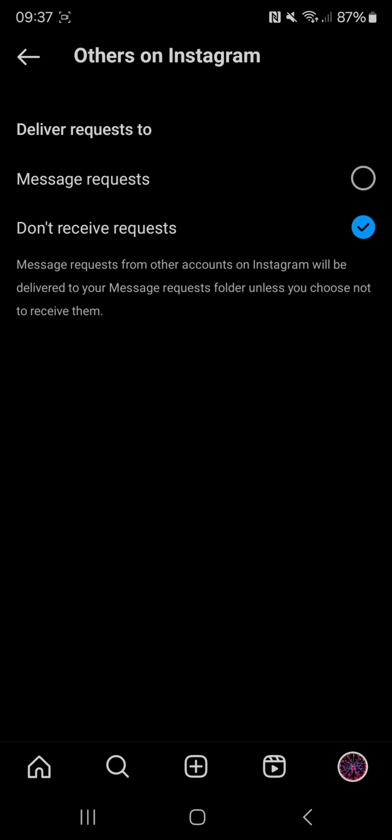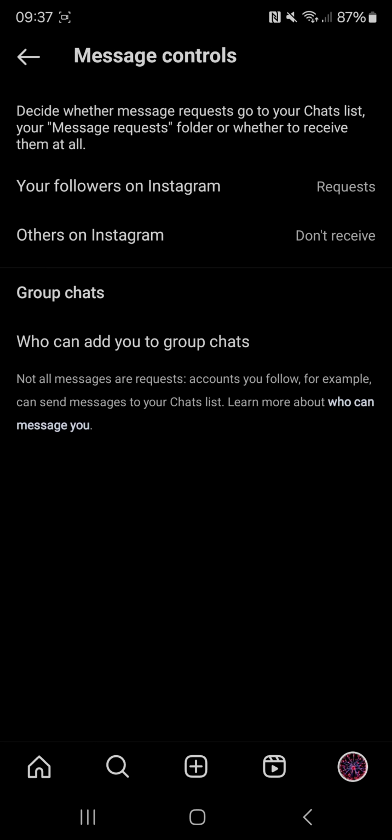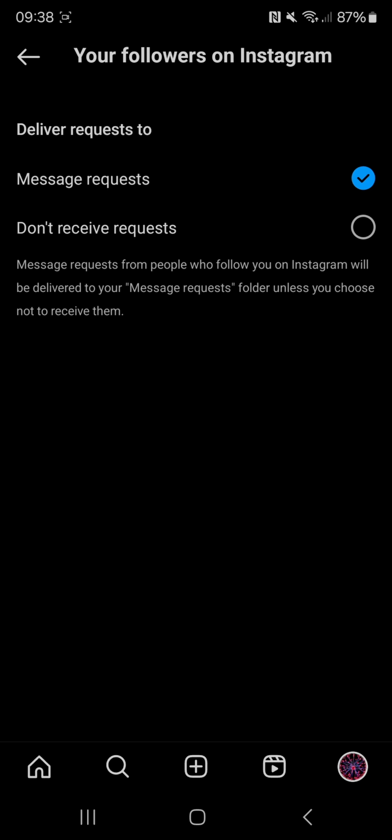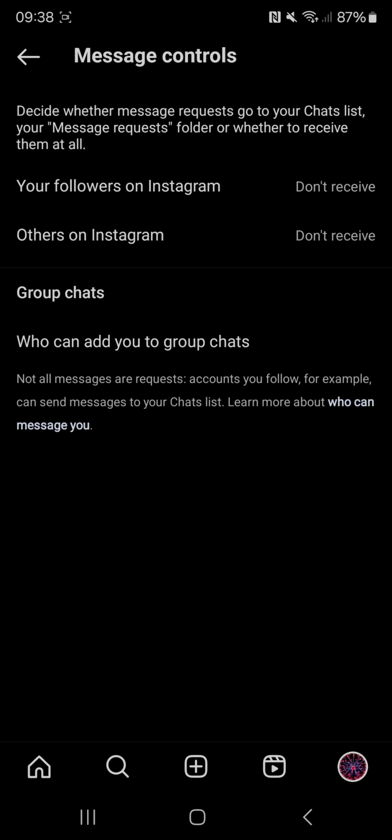So that'll update on there. So you'll only receive message requests from followers on Instagram. If you don't want to receive any message requests, just select your followers on Instagram and select don't receive requests on there. You can also go to who can add you to groups on chats,